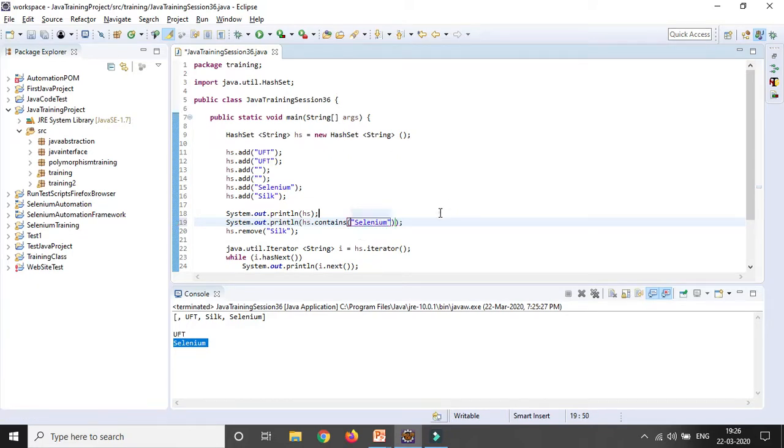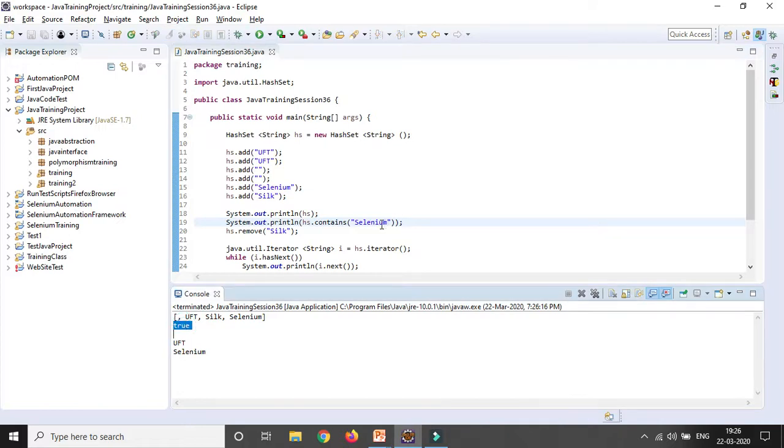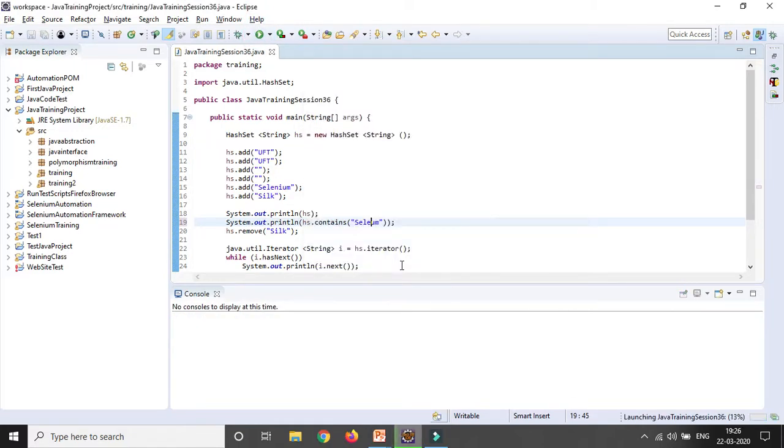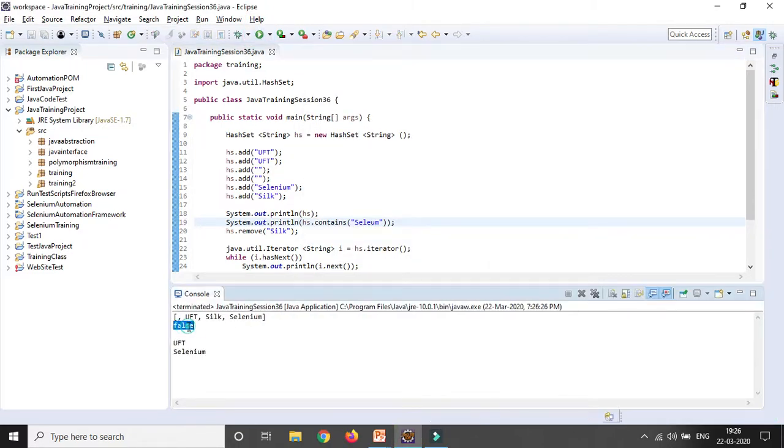If it is there, it will return true, otherwise false. So it is true. But in case you enter anything else, it will not match, and obviously it will give you the false result. You can see it's false.